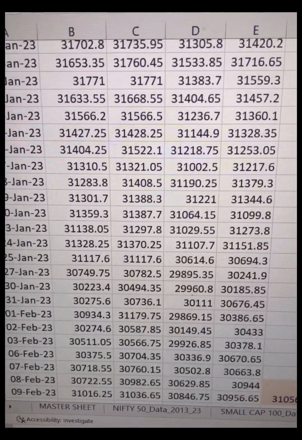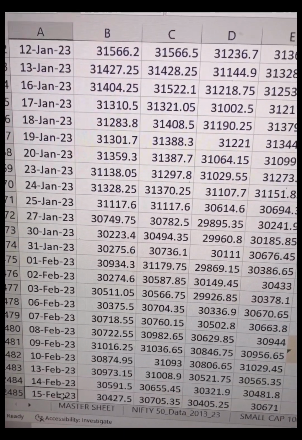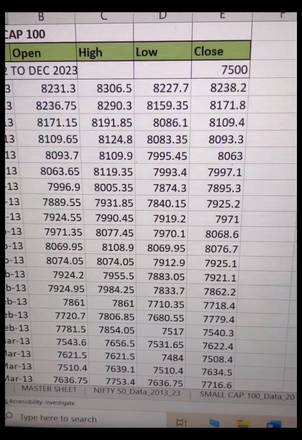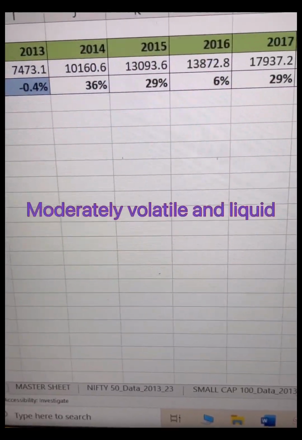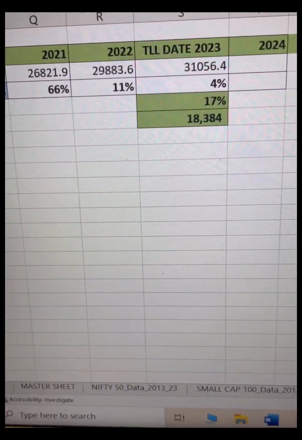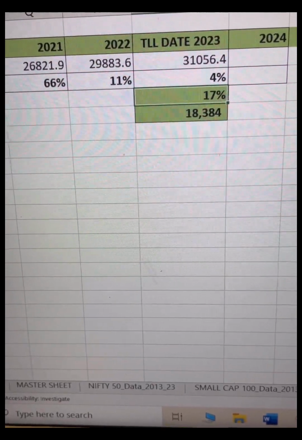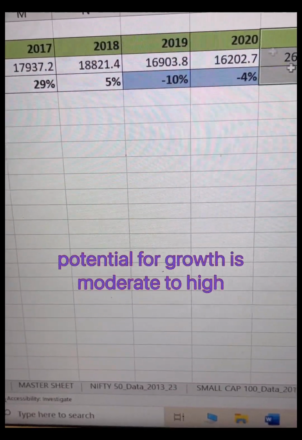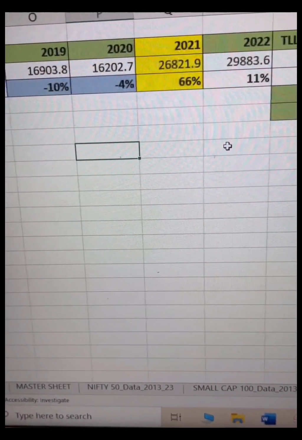With 10 years of data, we have taken an average of 1 year each. We are putting it in the final Excel, which I am going to show you right away, and after that there is a delta variation of each year with respect to the previous year. Some years we have a positive 29.5%, even in 2021 a 66% jump with respect to the previous year, and in some years there are negative returns, like 2019, a pandemic year, where we got a 10% negative return.